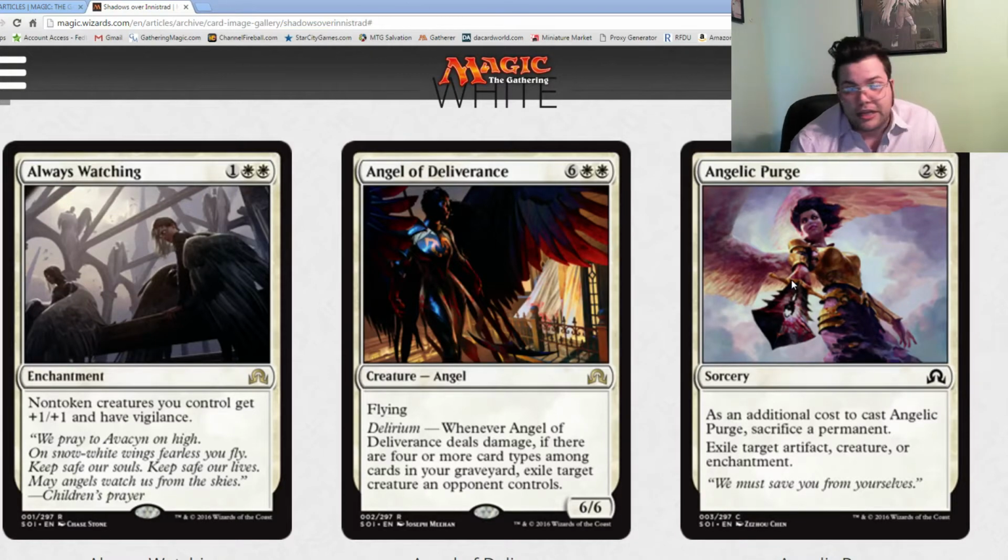Alright, we're getting to our first really interesting card here. Angelic Purge is 2 and a white for a common sorcery. As an additional cost to cast, sacrifice a permanent, exile target artifact, creature, or enchantment. So this answers anything relevant in limited. You're not really going to see that many planeswalkers, and exiling lands is not an effect you want to see either. So this gets rid of basically anything at the cost of 2 cards for you,